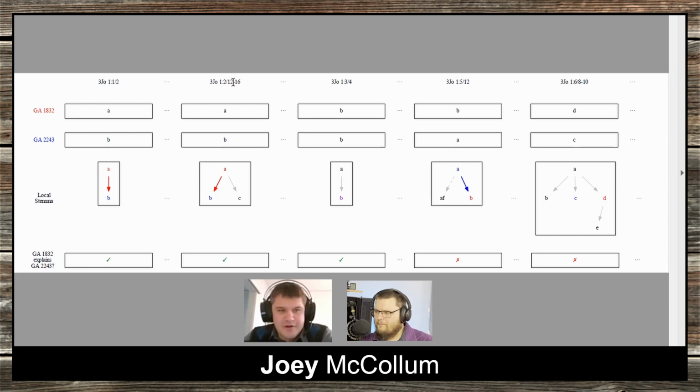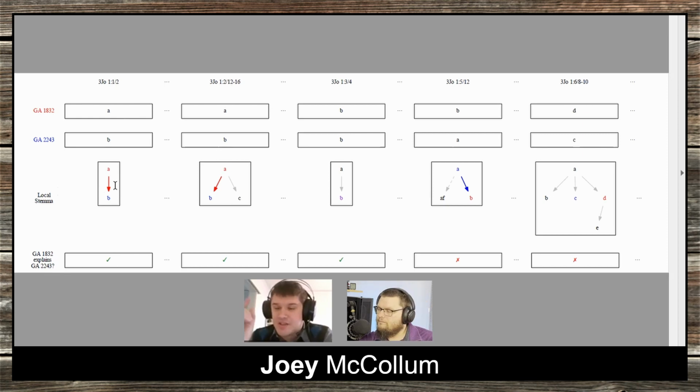Okay. But we have their variation units here at the top, their readings here, the local stemmata for each of those variation units describing how their readings are related. And then there's this last row here, and it's basically just telling you, does the first witness explain the second witness at that unit? What we mean when we say that one reading explains another in the CBGM is that